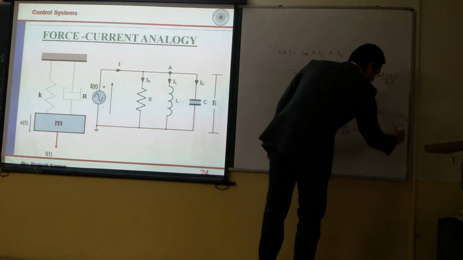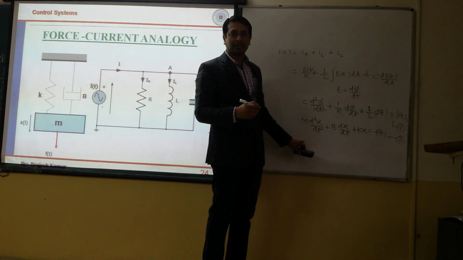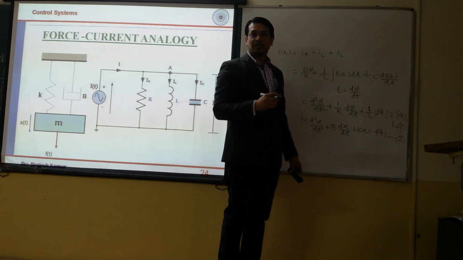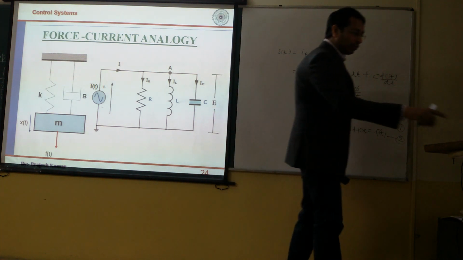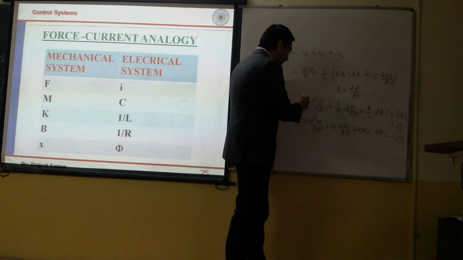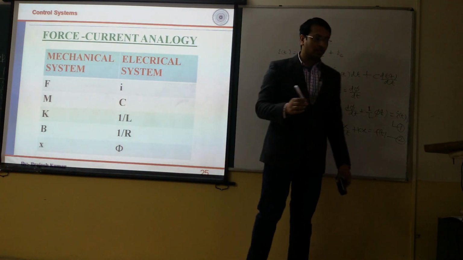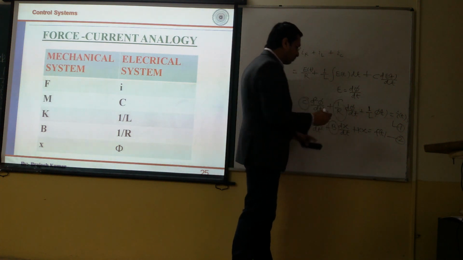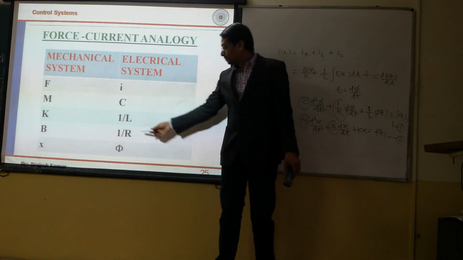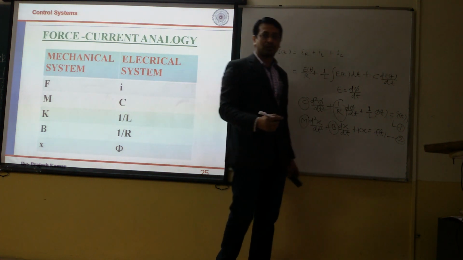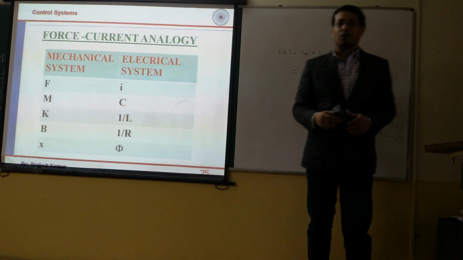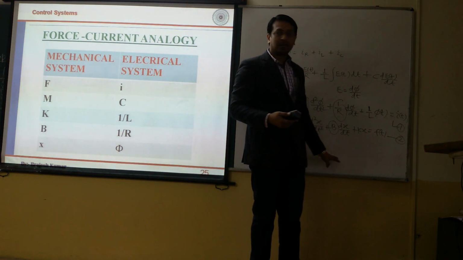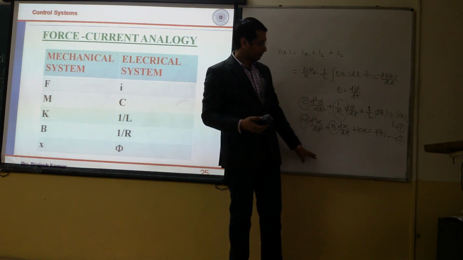Now these equations 1 and 2 are in similar form, so you can say that they are analogous to each other, because the order of both differential equations is 2. So once again you can correlate this. C will be equivalent to M, or you can say M is equivalent to C, and likewise you can correlate all these terms. B will be equivalent to 1 upon resistor. F will be equivalent to I, and like that you can proceed. I hope all of you have already solved this particular numerical. I have solved it here for those who have not solved it.